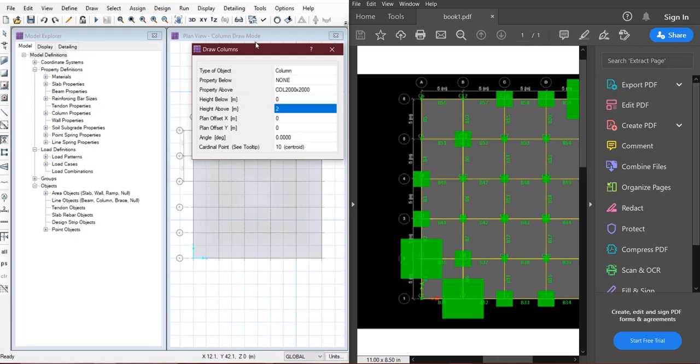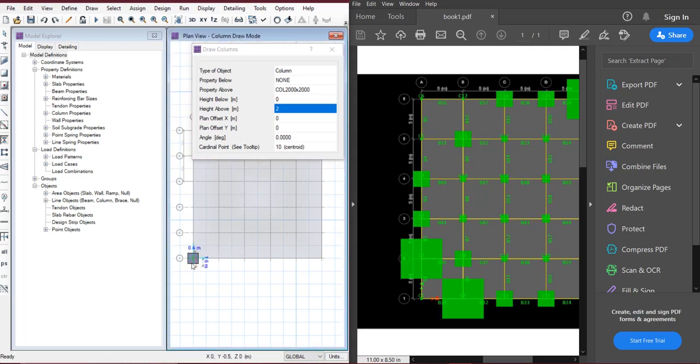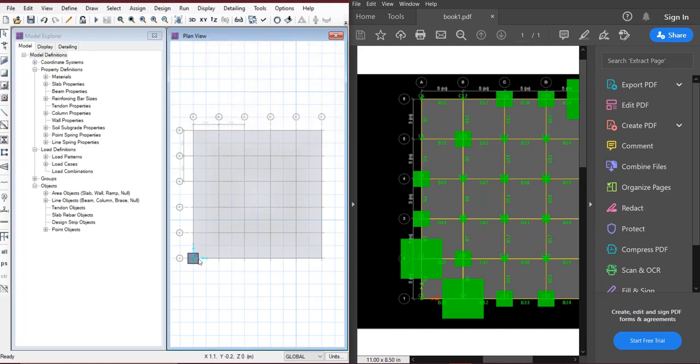And then I will draw columns here first, and instead of drawing here, I will replicate it as shown. I will select the columns, make sure that only 2 points are selected.